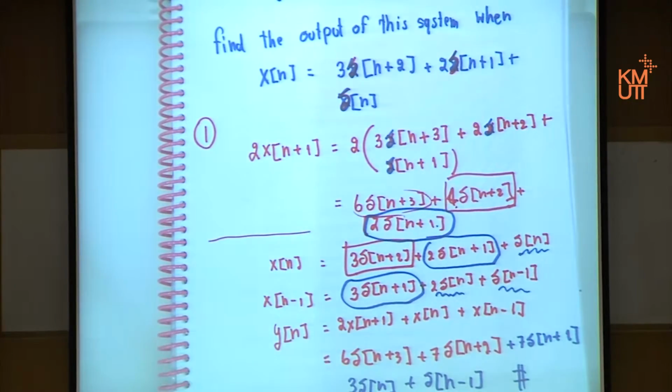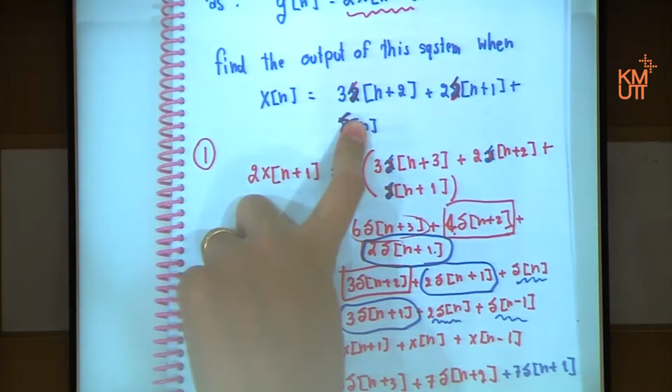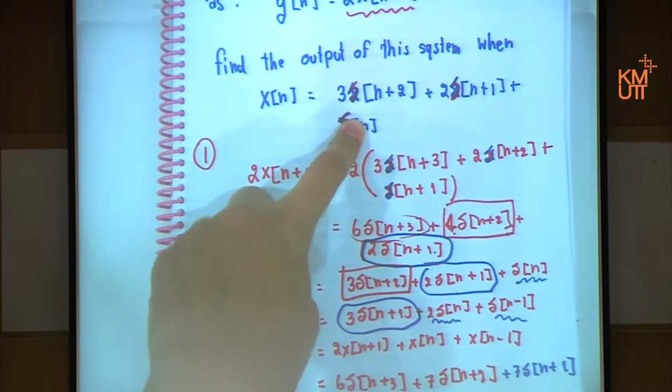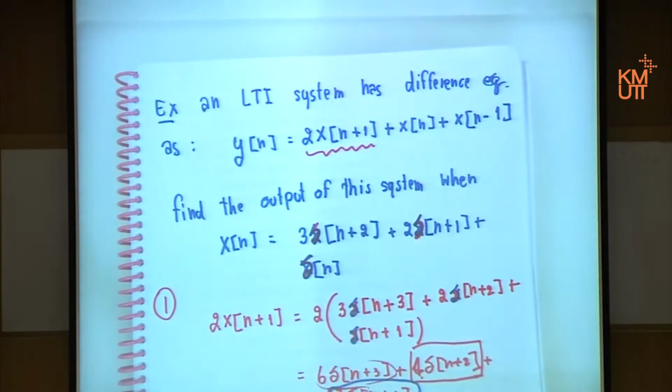But if you want to use the convolution technique to find the output, you already know the input signal, which looks like this one. Another signal that you need to know is the impulse response of the system. Because if you know x[n] and you know the impulse response, you just convolve them together and you find y[n]. So for the second method,